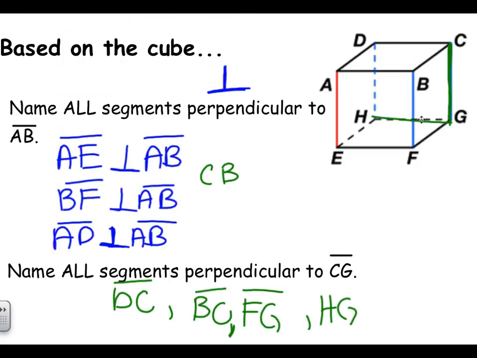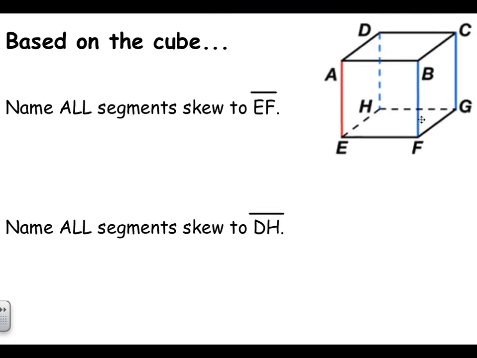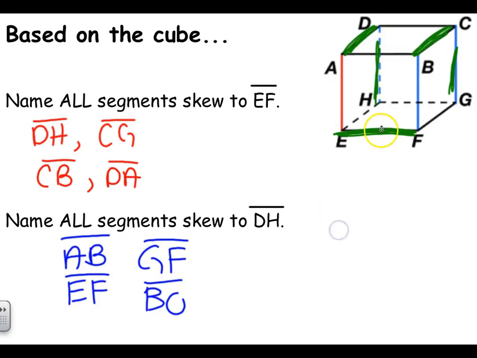Moving on to skew. All right, based on the segments, tell me what is skew to EF and then skew to DH. So make sure it's not in the same plane and it's not parallel. So press pause and try those on your own. Skew lines are kind of hard to find, but here is EF. And so it can't touch it at all, so it can't be this line, it can't be this line, it can't be this line, it can't be this line. Then it cannot be this line because it's parallel, so you can't write any of the parallel lines. And so you have to go in a different plane, so go above it, and then going the